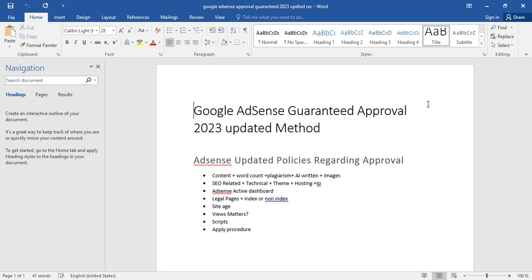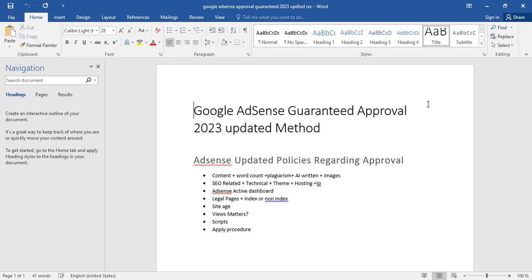If you are just going to create content through AI, then AI also needs a specific language to understand what you are saying and what you want it to write. If you give a command to ChatGPT to write an article on Google AdSense approval, and ChatGPT writes the content, there is no plagiarism.